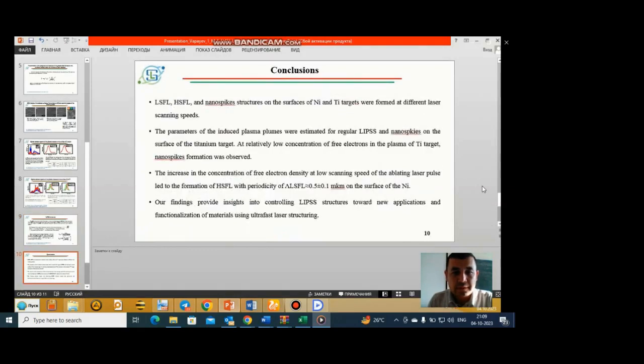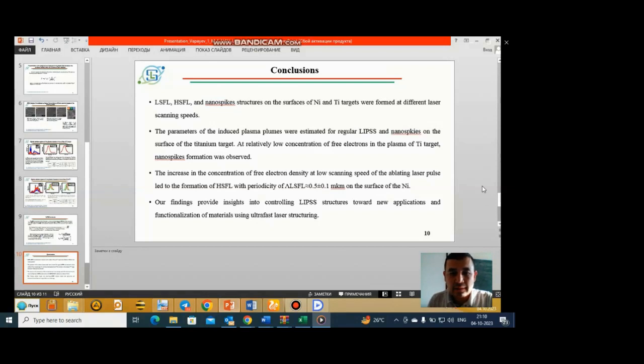Conclusion. HSFL and nanospike structures on the surface of nickel and titanium targets form at different laser speeds. The parameters of the induced plasma plume were estimated for regular LIPSS and nanospikes on the surface of the titanium target. At relatively low concentration of free electrons in the plasma of the titanium target, nanospike formation was observed. The increase in the concentration of free electron density at low scanning speeds of the ablating